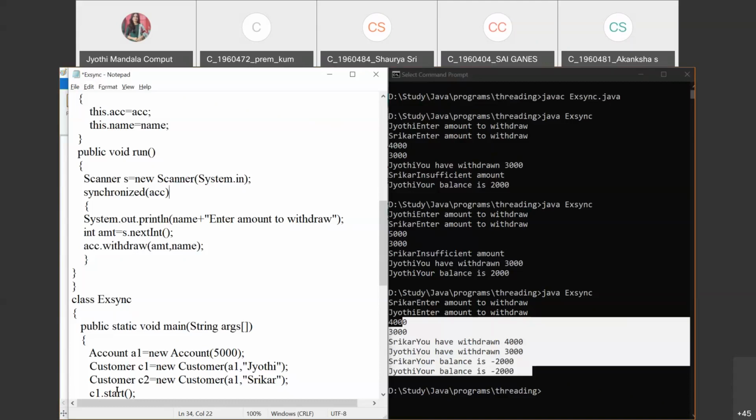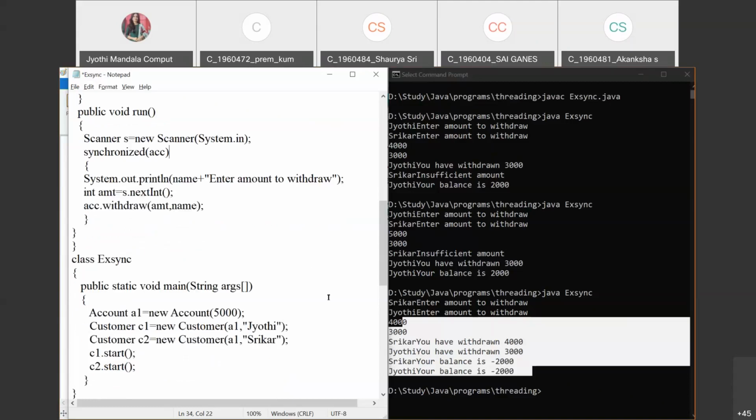If customer 1 enters here, we don't know whether customer 1 or customer 2 starts first. Whoever first enters this block will block it so that the other customer cannot be allowed in until he performs his withdraw operation and the balance is updated. Then the other customer will be allowed to use this block of statements.